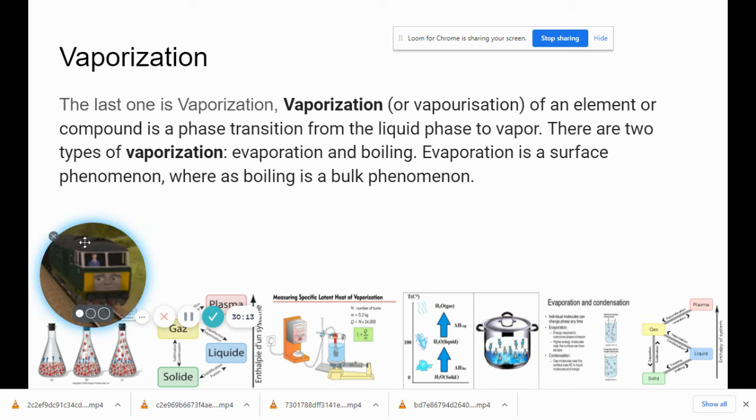Evaporation is a surface phenomenon, whereas boiling is a bulk phenomenon. All right, so let's start with the temperature in degrees Celsius. H2O gas, H2O liquid, H2O solid. This is the gas. This is the liquid, with the bubbles popping out. There's the solid, where things start to melt, like ice cream,